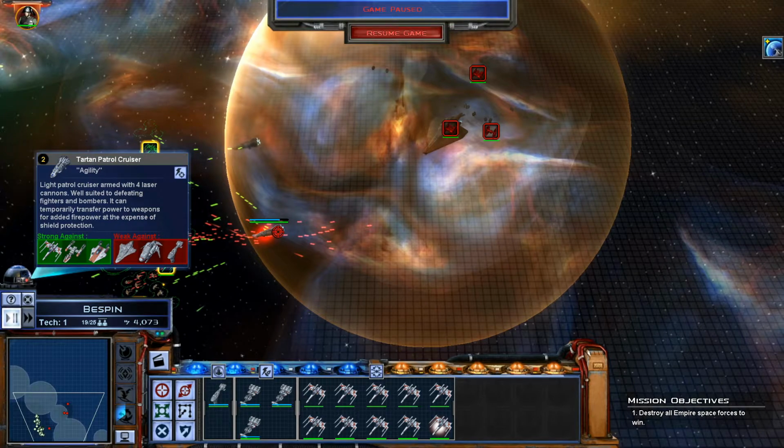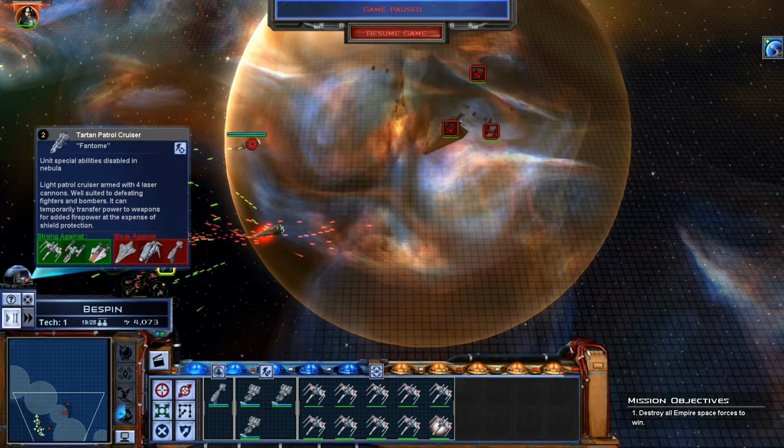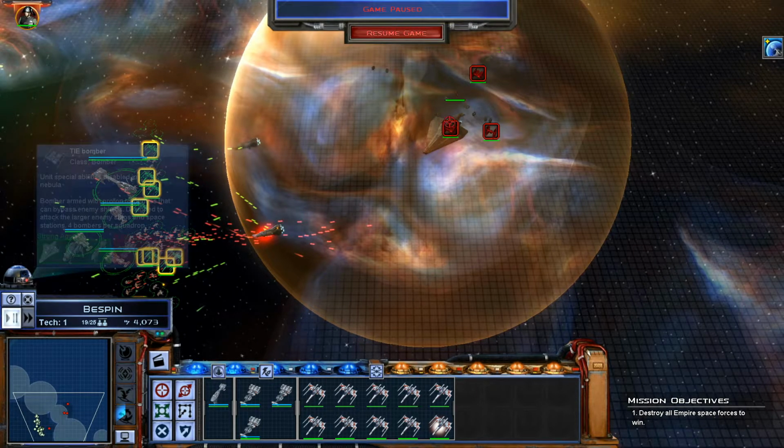Right here, we've got one of these Tartan patrol cruisers, and as you can see, it's very effective against starfighters. So I need to get my entire force to tear this down, and then immediately come over here and tear the other one down. And then my next highest priority is going to be the bombers that are coming out of